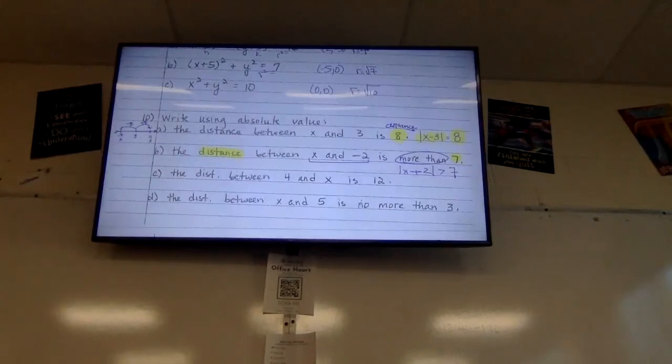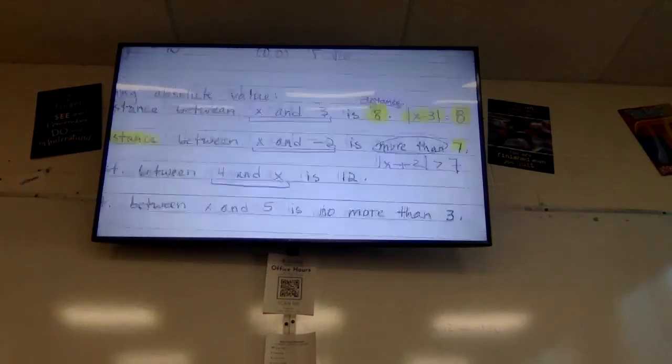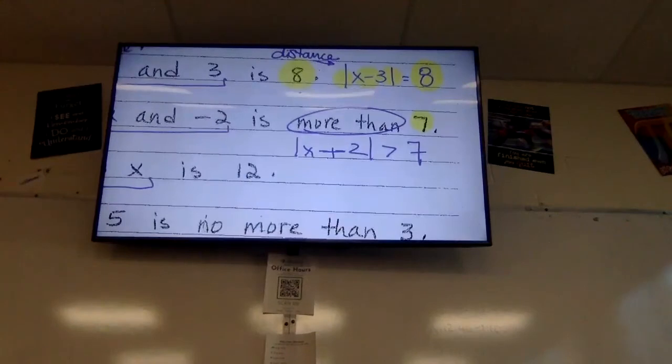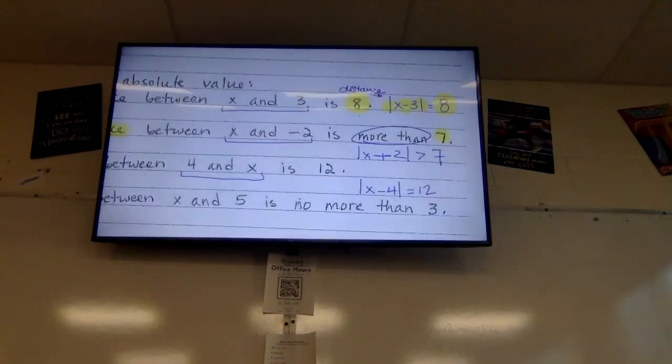Okay. This next one says the distance between 4 and x is 12. Now I know all the other ones said x and a number, and this one says a number and x. That doesn't matter to me because we're still doing the absolute value. The distance is still 12. So I'm still going to write it as the absolute value of x minus 4 equals 12. So again, it doesn't matter if I wrote x first or a number first, I'm still doing x minus that